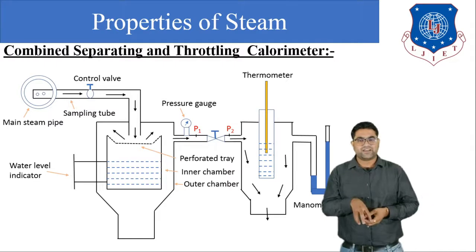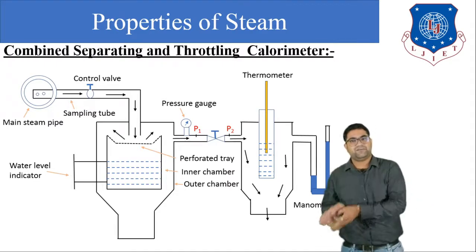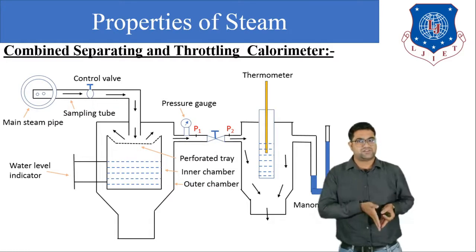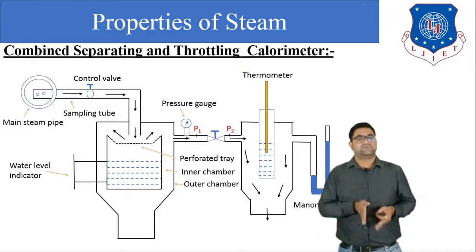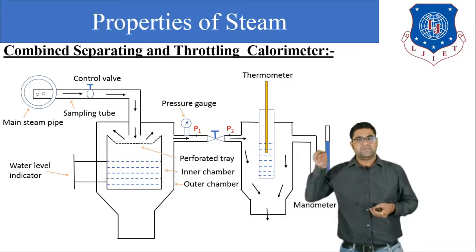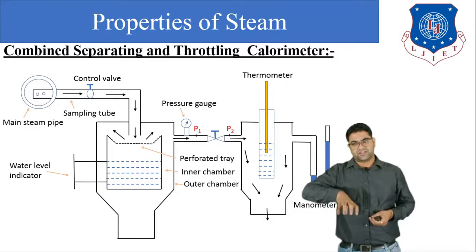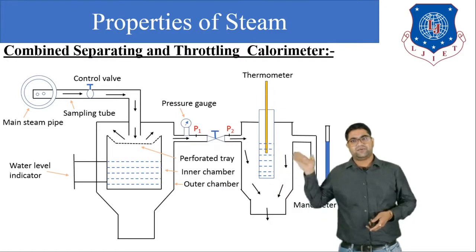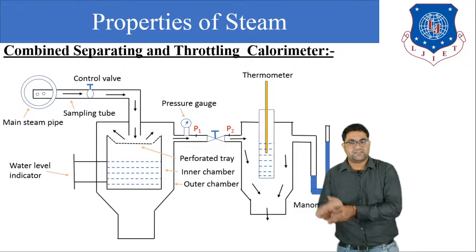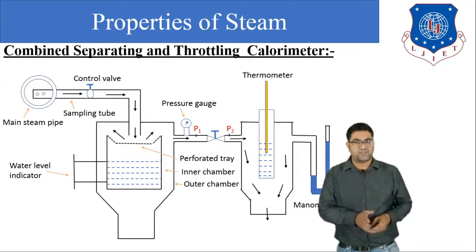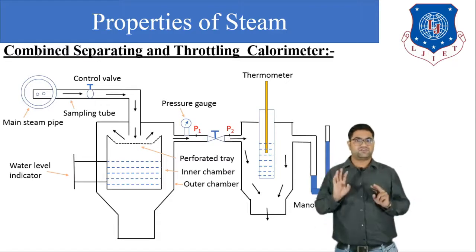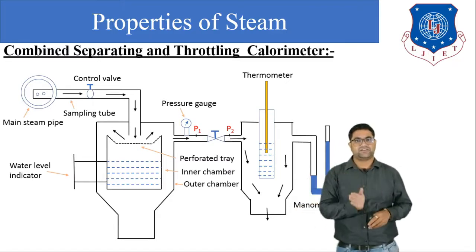So what happens here, the enthalpy will remain constant, because we know that in the throttling process the enthalpy will remain constant and the temperature will remain constant, but pressure is reduced because of the throttling process. So we can say that in the throttling valve, before the throttling the pressure is P1 and after the throttling the pressure is P2. So here we can say that the pressure is reduced, okay, temperature will remain constant and the enthalpy will remain constant.